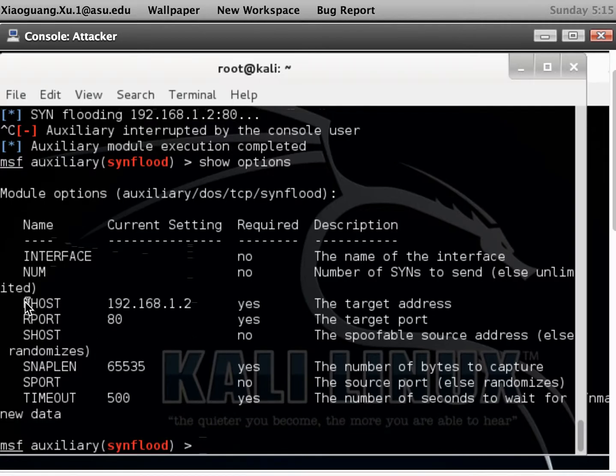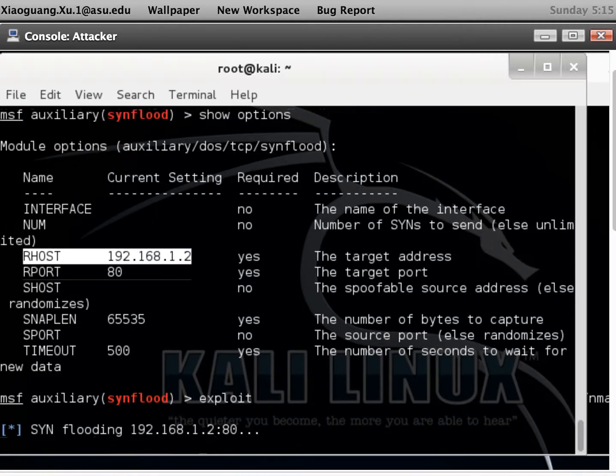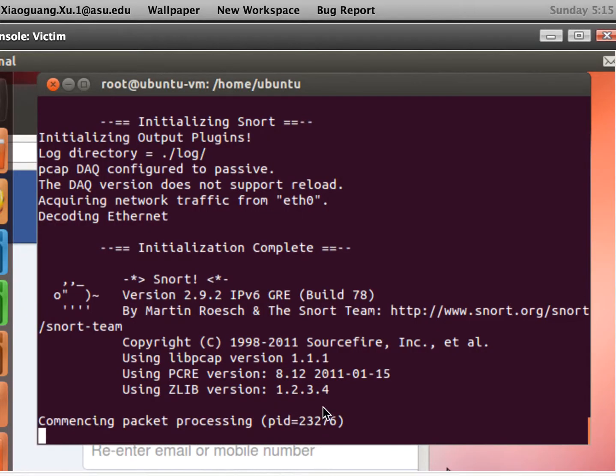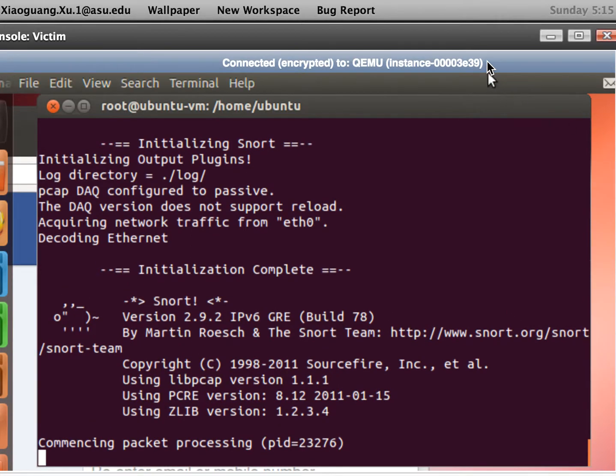The most important one is the host. Since I have already set that, I can just start the exploit. So we can see the SYN flood is sent to port 80, and let me check on the victim machine